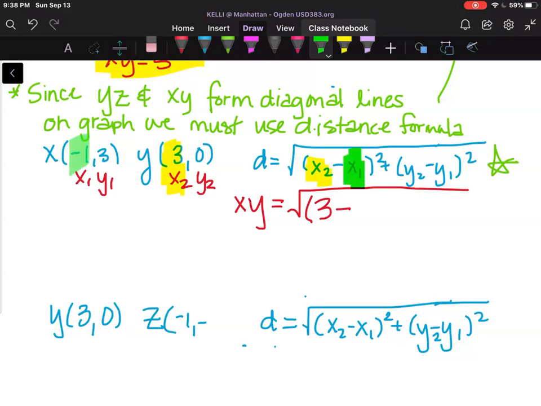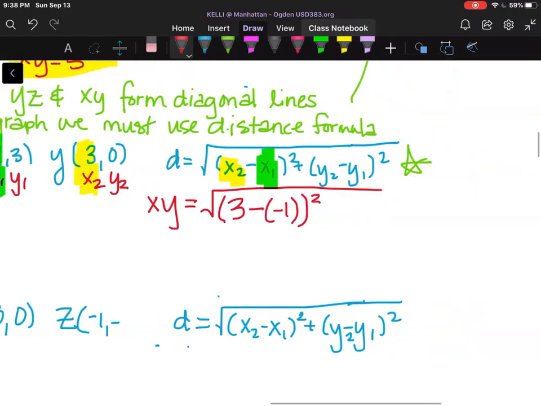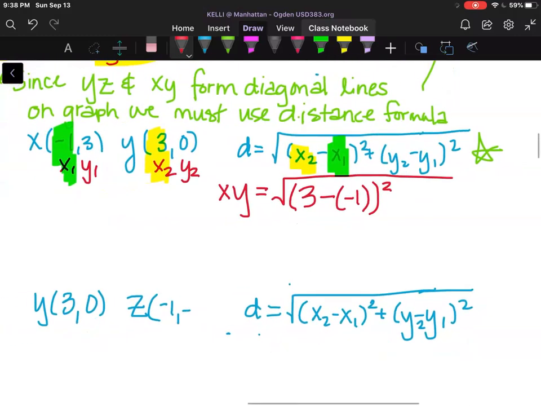My x1 I labeled over here as -1. And here's where most people mess up, because it is minus that -1. So I have to write the minus sign twice. So remember, algebraically, that means we're going to end up adding that here in a second. And then, let's use purple. y2. Well, y2 I labeled over here as 0. Okay, so I got a 0. And then minus, remember that comes from up here,